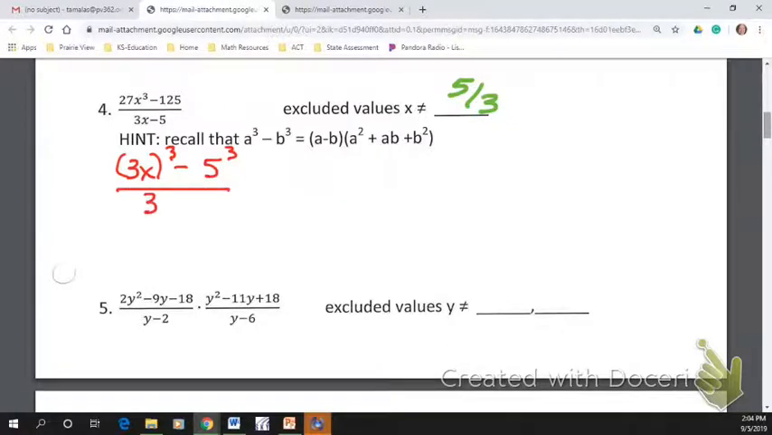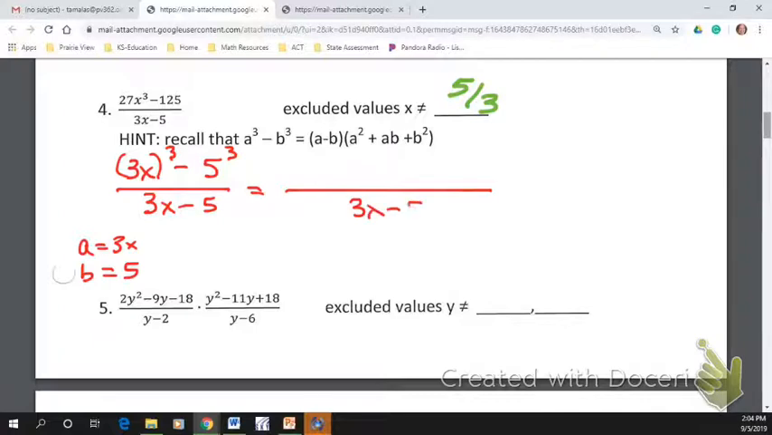Over 3x. My a is going to be a 3x, and my b is going to be a 5, correct? Remember, those are never negative. And so now I'm going to use this formula. I'm going to transform from this format to this format. Everywhere I see an A, I'm going to put a 3x. Everywhere I see a B, I'm going to put a 5. So if I do that,